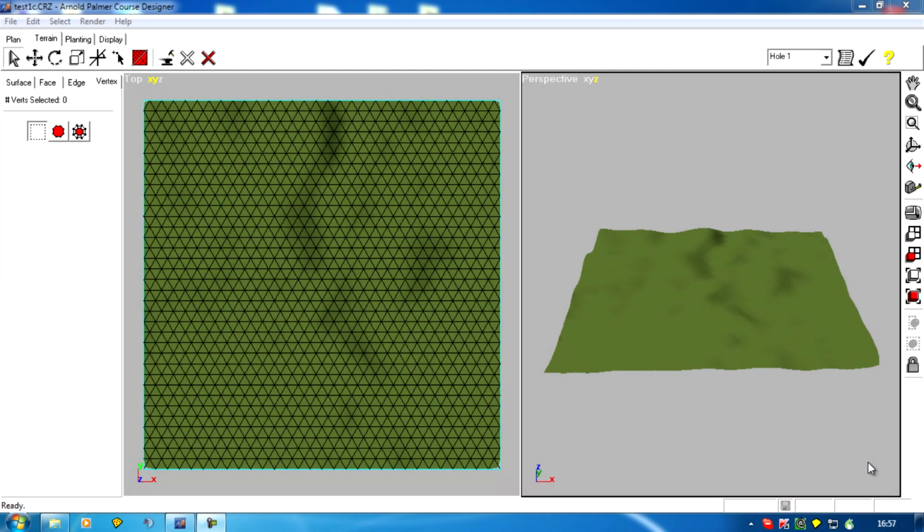Okay, we've got our terrain as we want it. The next thing we're going to want to do is start marking out our course. And to do this, we need to learn how to create and modify shapes. So to find the shapes, we go to Plan,